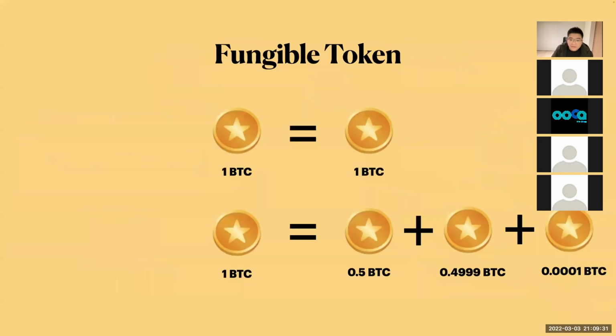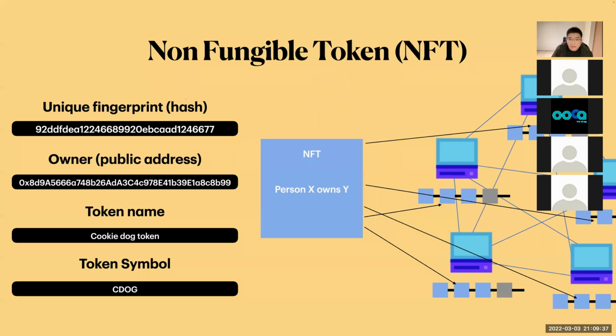So it's different from the token that we use as a currency, as the money that we can split. But for the art NFT token that you own, for example, I own this piece of art, I cannot split that piece of art and transfer it to you. So we cannot split ownership. If I own this, it means I own it.